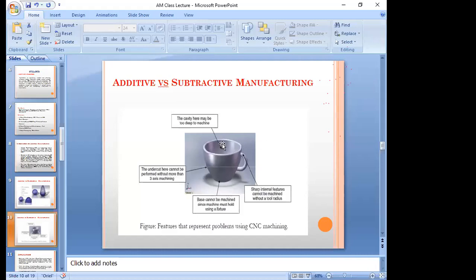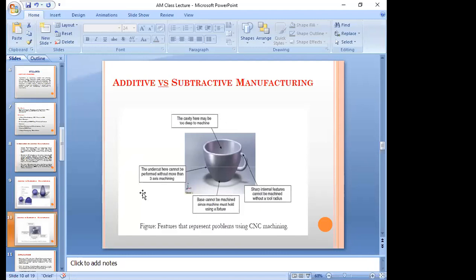Some of the traditional manufacturing systems use machining. We perform it using lathe machines, shaping machines, slotting machines, various machining operations, but that takes more time and requires highly skilled operators to perform this job. So that is one of the main drawbacks, or limitations, in traditional manufacturing.